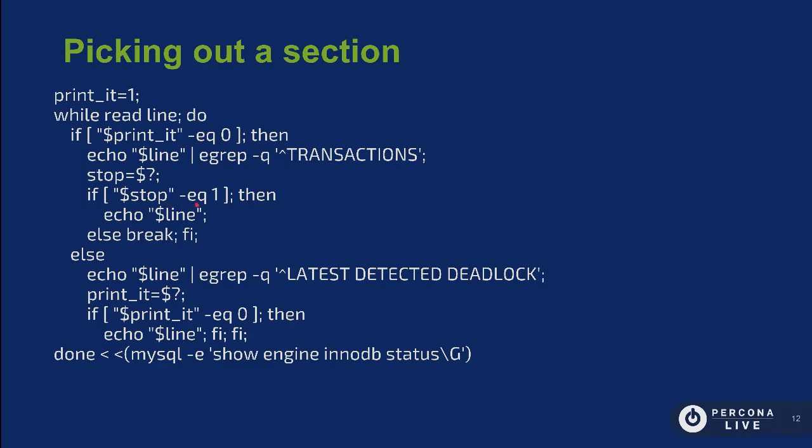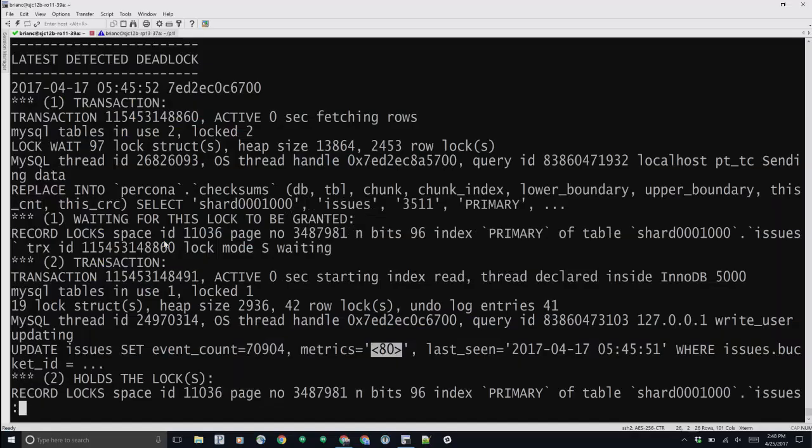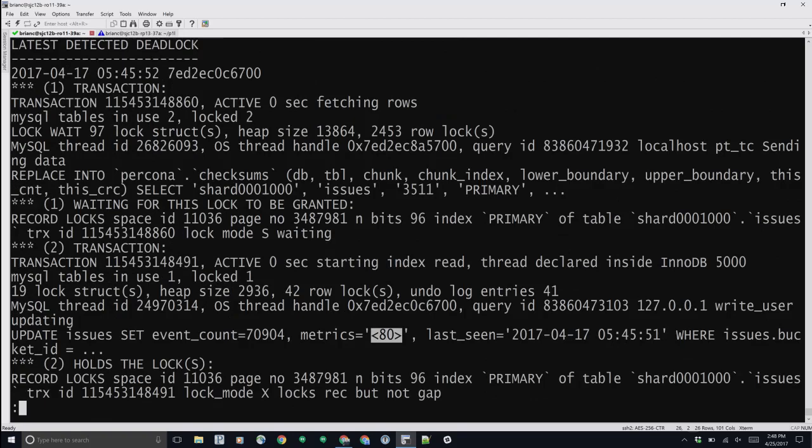If stop is not yet 0, I'll continue printing the line. But once I actually find the transactions section, I'll break out of my loop and stop processing, and now I can grab that whole section. So rather than type that out,